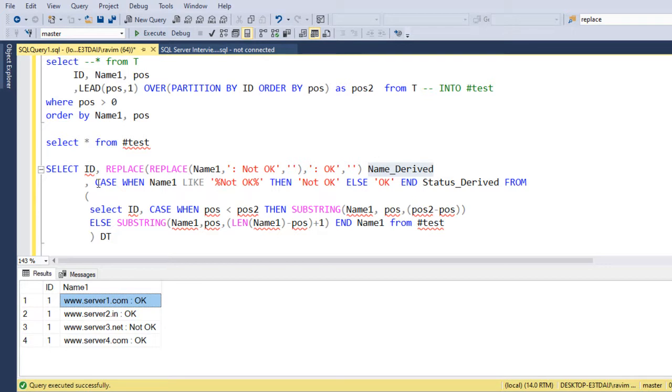In the next case statement, I'm searching whether it is okay or not okay using the string, and when it is not okay, we print it as not okay, else we print it as okay as the derived status column.